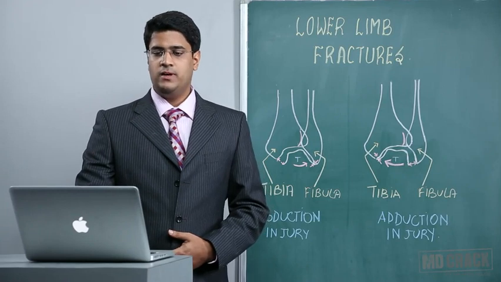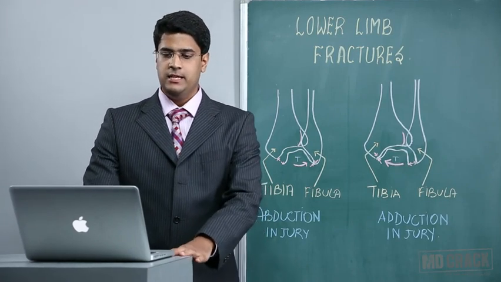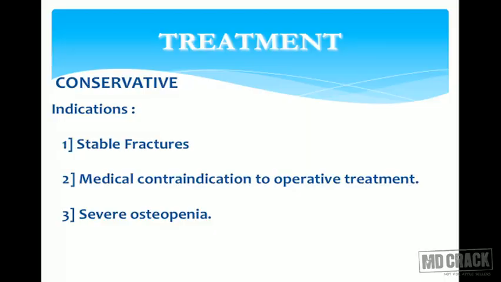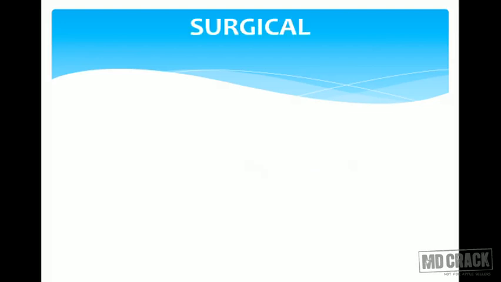For conservative treatment, the indications are firstly stable fractures. Second is if there is any medical contraindication to operative surgery. And lastly, if there is severe osteopenia where the screws can easily give way. So you must give a short leg cast, that is a below-knee cast, usually given for around 6 weeks. In the surgical management,